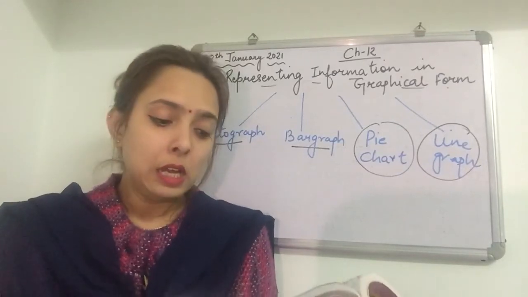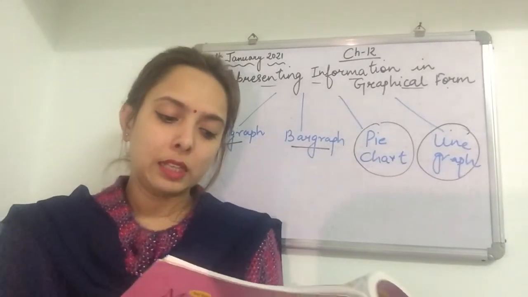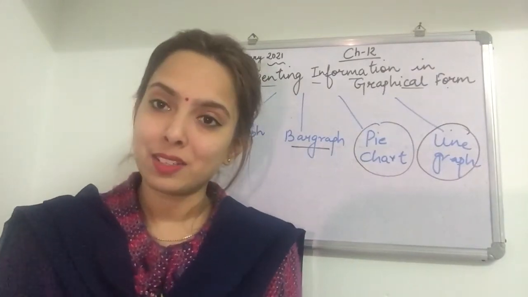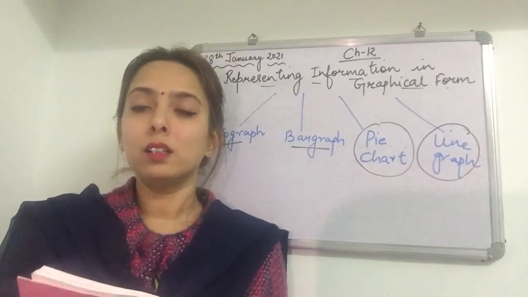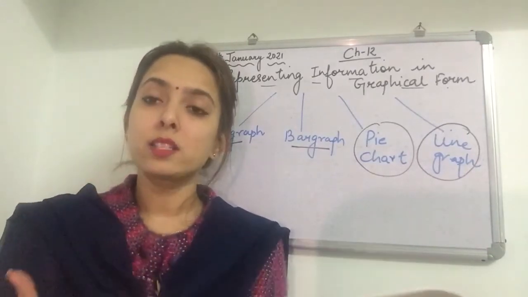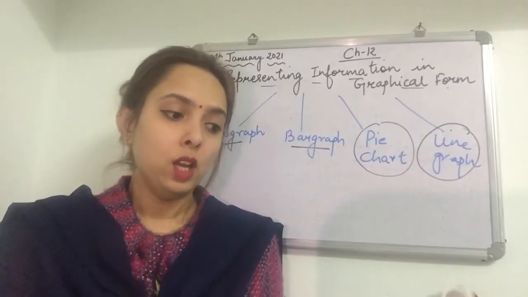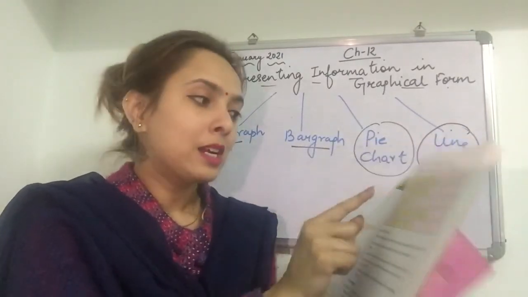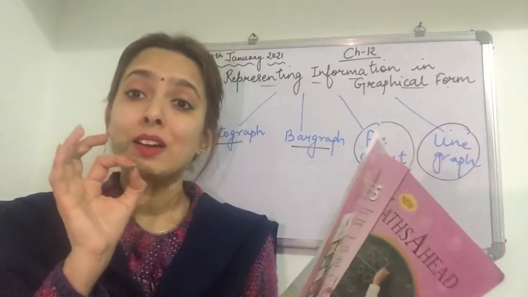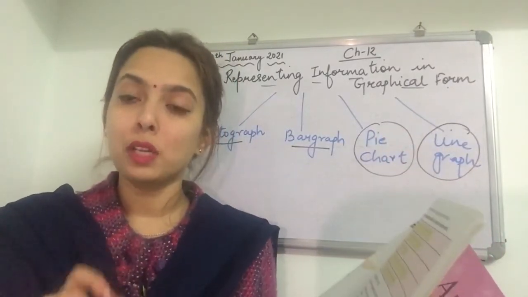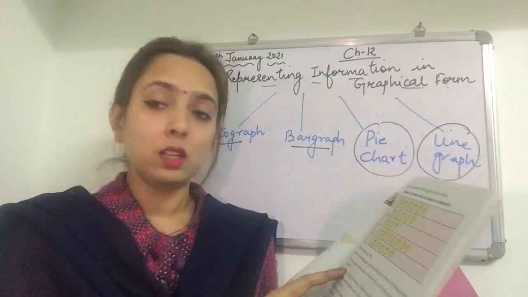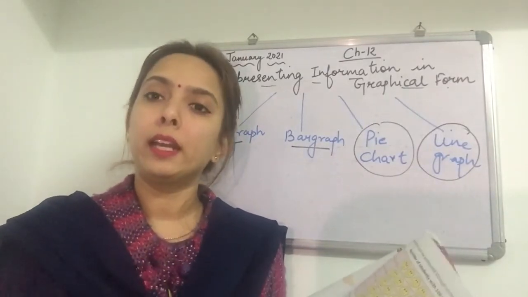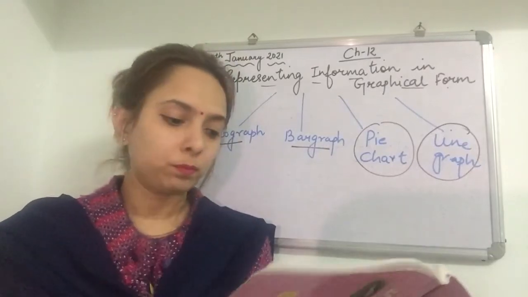Use a pictograph to answer the following questions. First question is, in which class is the number of students with 100 in mathematics the highest? Which class has scored the highest marks? So from these, if we try to find out, class 4th has scored the highest marks. So the answer for first will be class 4th. This you can write directly in your book with the help of a pencil.